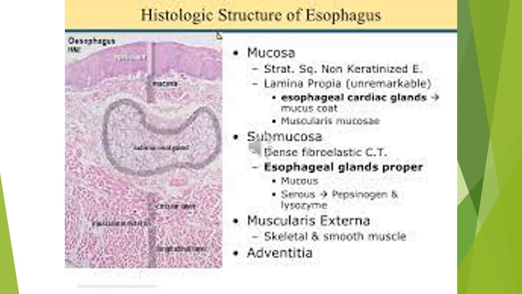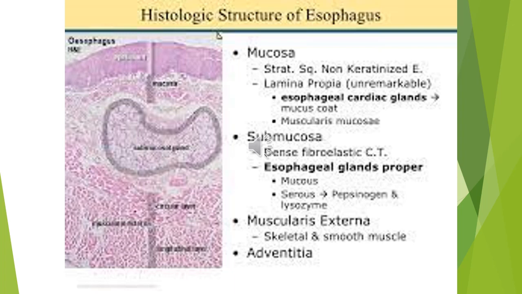Look back in your histology copy at how you drew mucus glands in first year, and then draw these simple branched tubular glands in the lamina propria. And what will be the name of these glands? They are called the esophageal cardiac glands.